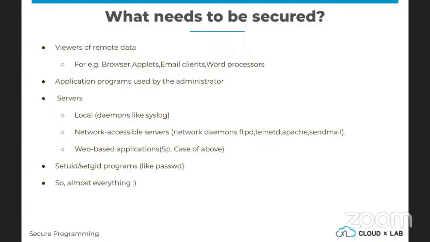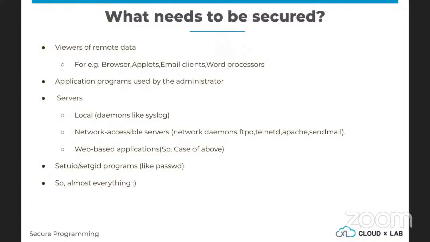Your system, your application need to be designed with security in mind. Any application programs that are needed to be used by administrators, right?